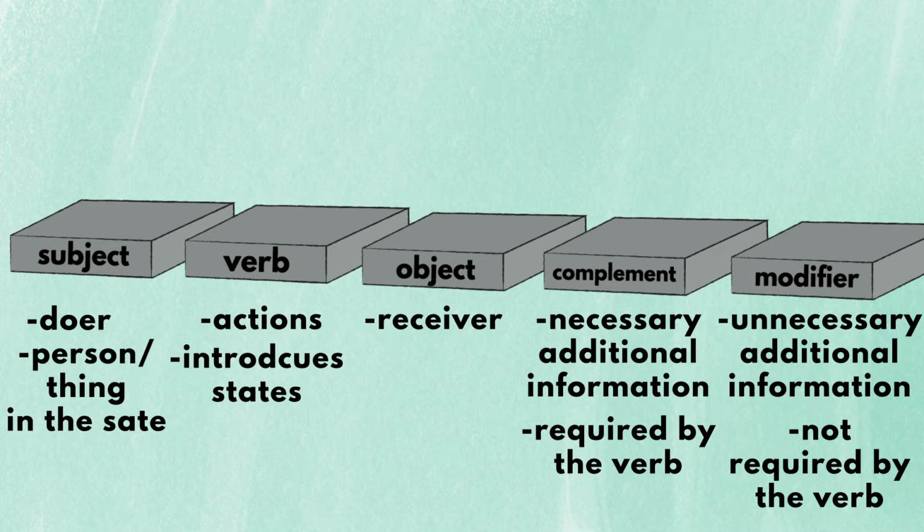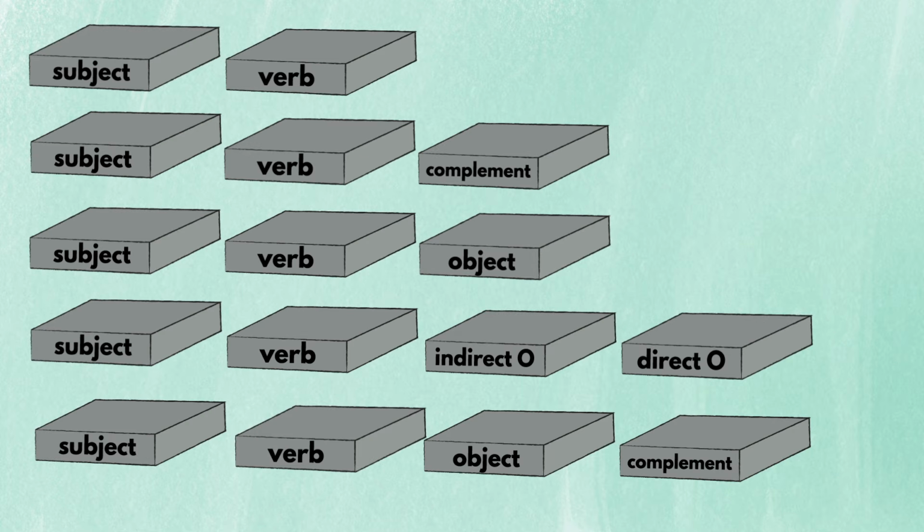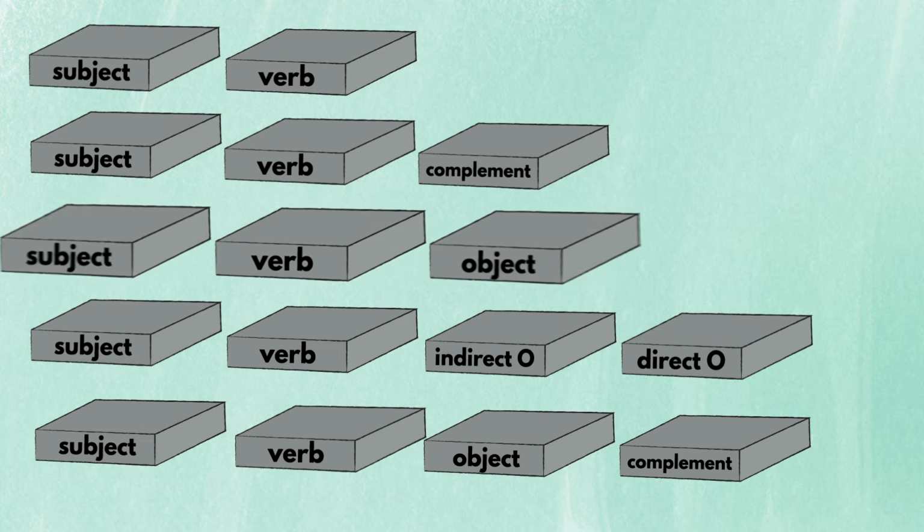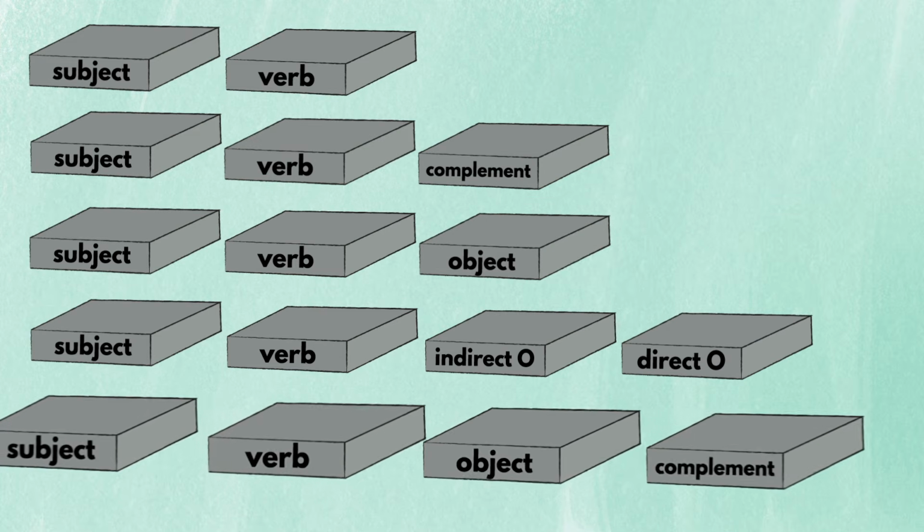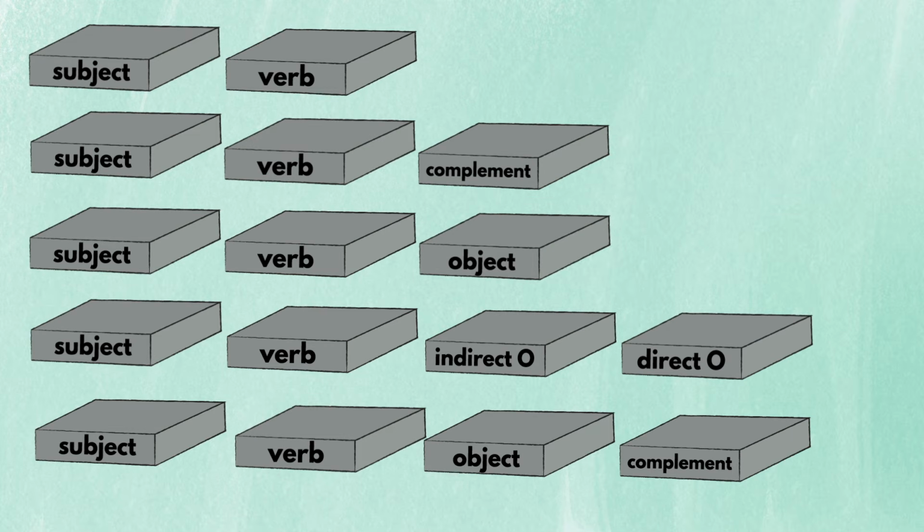You may be thinking, do all English sentences appear in the order of subject, verb, object, complement, and modifier? Nope, they don't. In fact, there are 5 most common sequences of grammatical functions. Depending on the meaning you want to express, you choose one of the sequences and start building your sentence. Some say there are 7 sequences. They're also right, but I think the 5-sequence model is beginner friendly, so I'll stick with this one for this video. Let's take a look at each of the sequences.